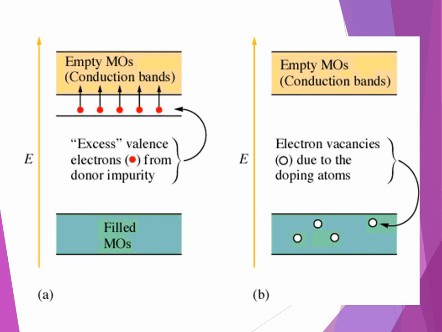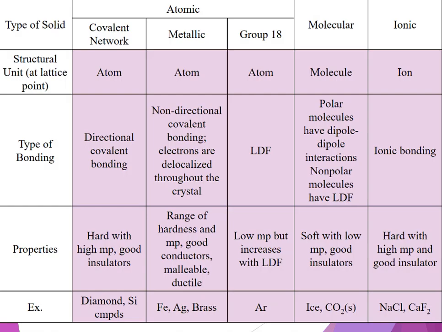So here we go with filled molecular orbitals, excess electrons to jump into the conduction band for an N-type, and then for a P-type, electron vacancies due to doping allow electrons to move through and conduct a little bit better in that method. On that note, I'm going to switch and go to a